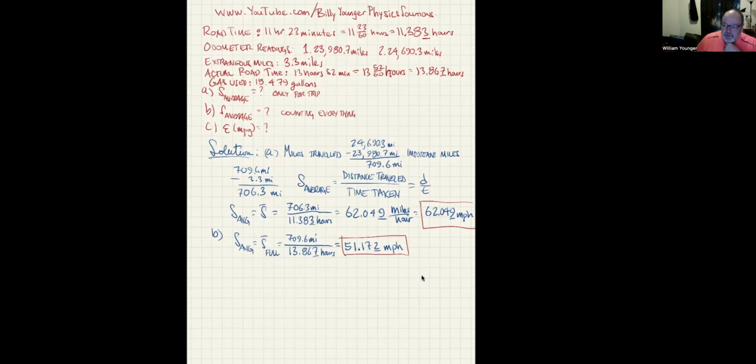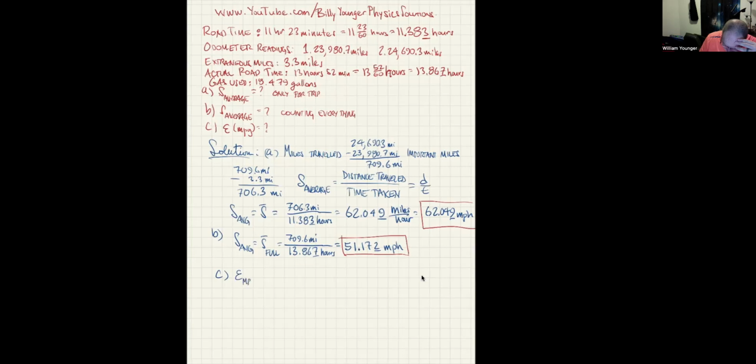You should think miles per gallon is just distance divided by gallons. So let's go ahead and do that. So part C, we have what we want to know, which is the total fuel efficiency. And I'm going to say only the driving time matters. So I'm going to definitely keep in effect the 3.3 miles. So I want to do that whole thing. And then I'm just going to divide that by the gallons. So keeping the 3.3 miles in, that's the 709.6. So E